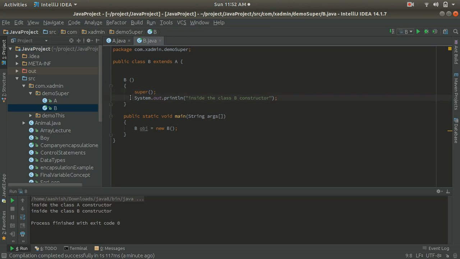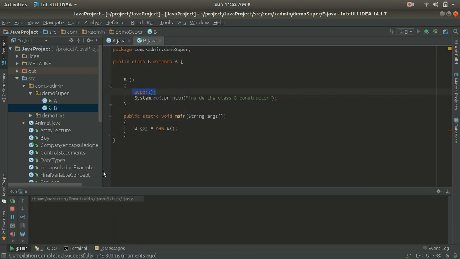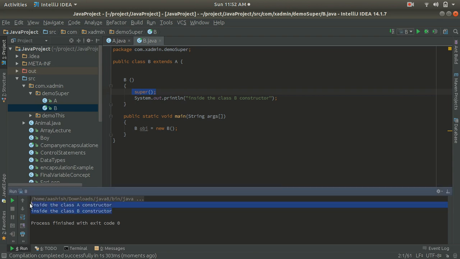Okay, so let's run this program and check whether we get the same output after writing this super keyword here. You can see that we are getting the same output: firstly it displays inside the class A constructor, and secondly inside the class B constructor.